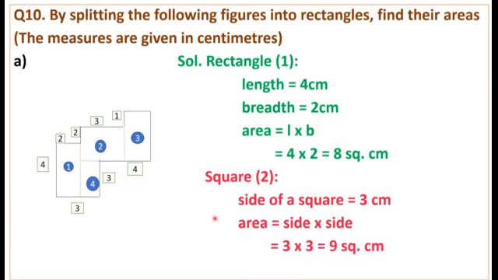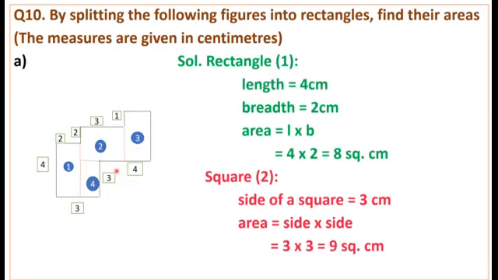And in the third figure you can see here, this is 1 centimeter and this one we have calculated already as 3 centimeter. So in total it is 4 centimeter. And here we find this is the midpoint. So from here to here is 2 centimeter. So the length is 4 centimeter and the width is 2 centimeter in the third one.